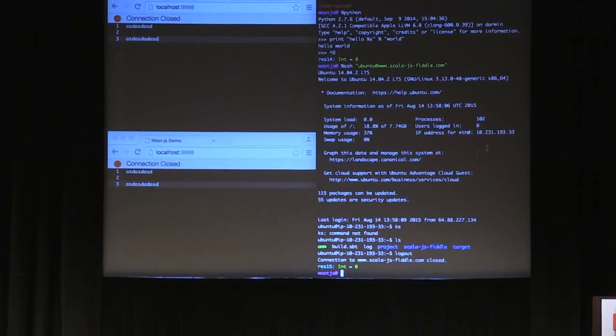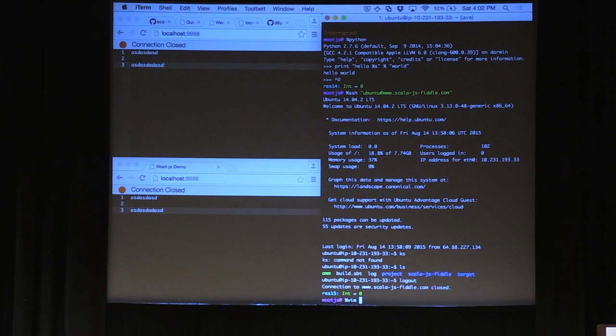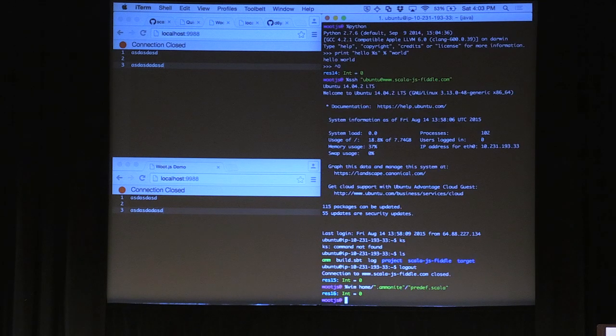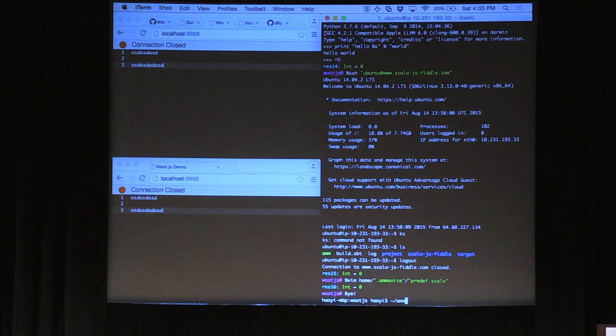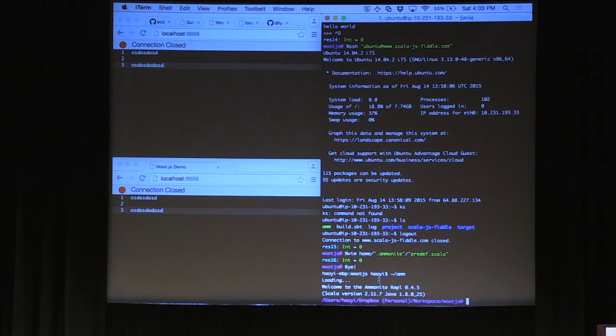As another example, you can open your home /ammonite/predef.scala file and make changes to this. For example, let's say I don't want the last path segment to be my prompt. I want all of the path segments. So I'm just going to say toString. And in this case, because I'm reloading config, I actually do need to reload Ammonite. That's actually not different from bash. And now I have the full path segments.